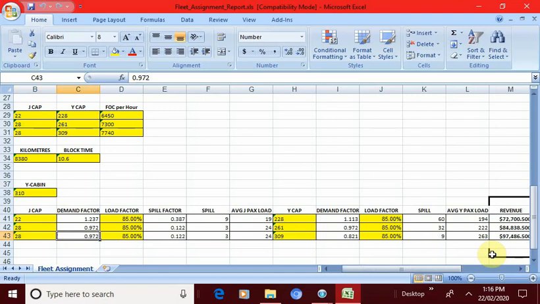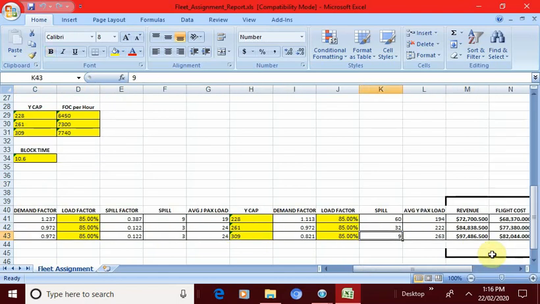So if you look at it similarly for the different classes, the spill for the different aircraft, here the spill for A330-300 is 32. This was the flown aircraft last year, so it has 32 spill for the Y cabin,